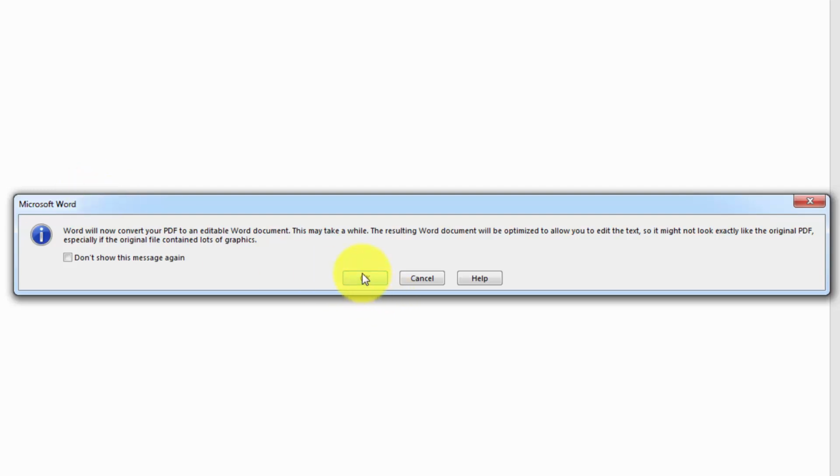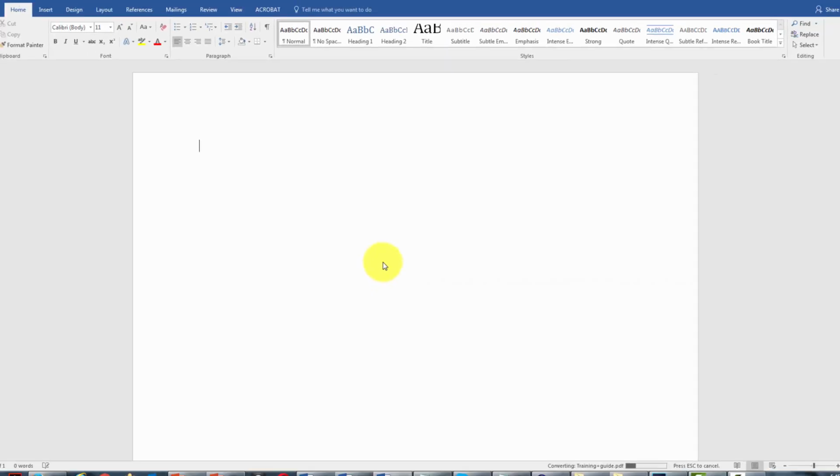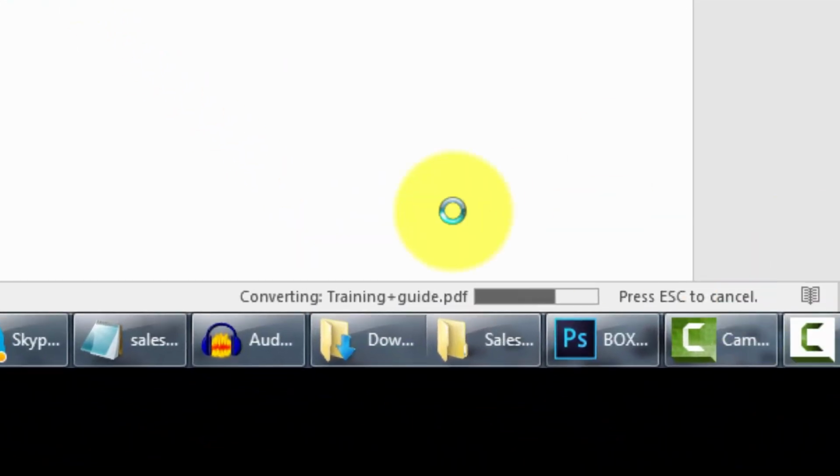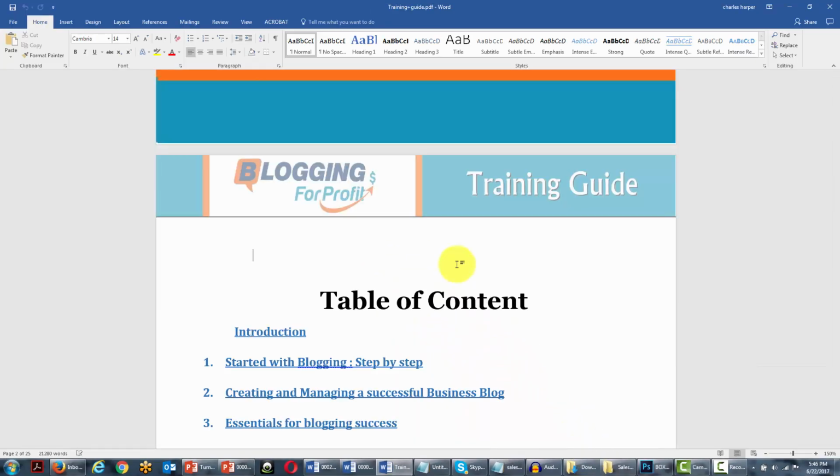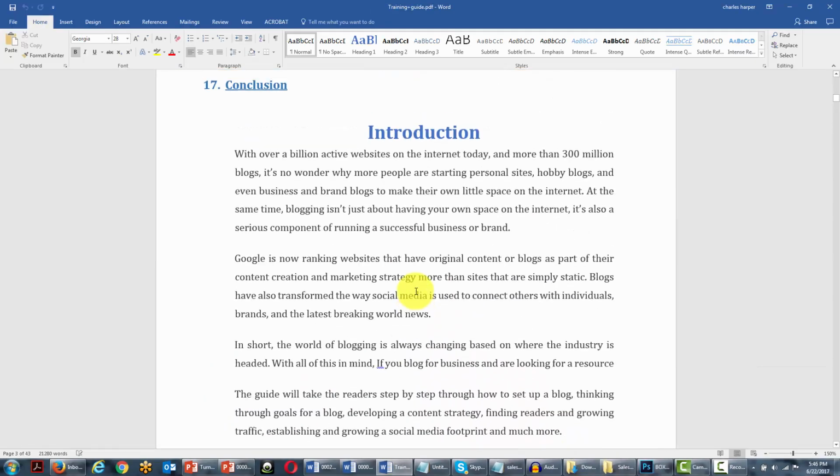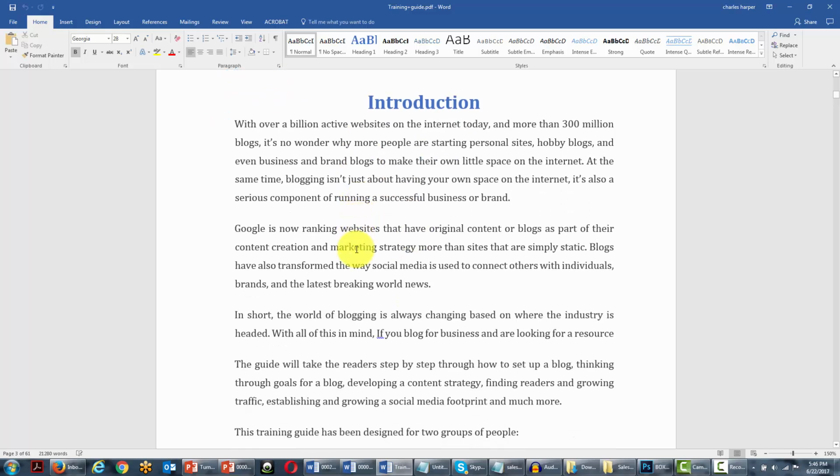So what we're going to do now is just click OK. And you'll notice down here at the bottom that Microsoft Word is converting. And in this case, we now have our PDF document that is now a Microsoft Word document. So now, assuming that this is the format that you're going to start working with,